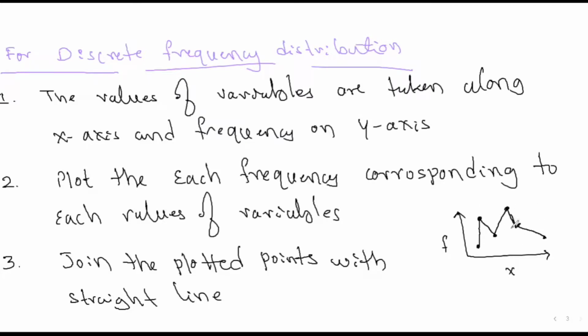Okay. This is step number 3. Step number 4 is not as important a step, but even so, this is not yet a complete frequency polygon. We need to extend the first point to the x-axis like this, and again extend the last point like this to the x-axis. Now it is a frequency polygon. So this is nothing but the frequency polygon.